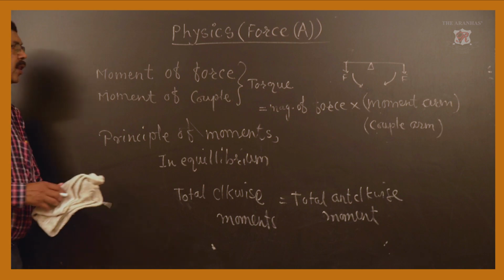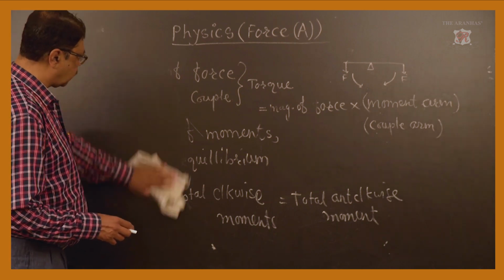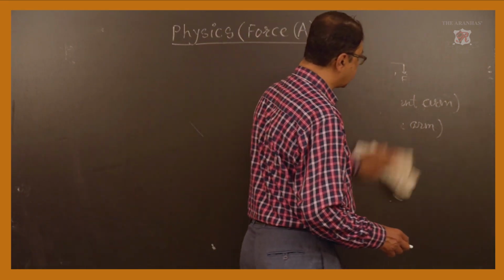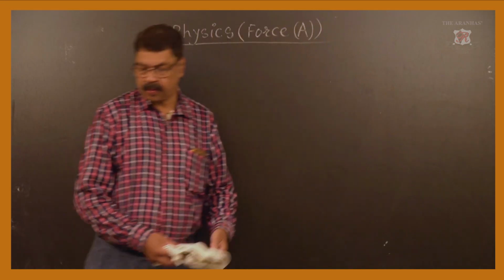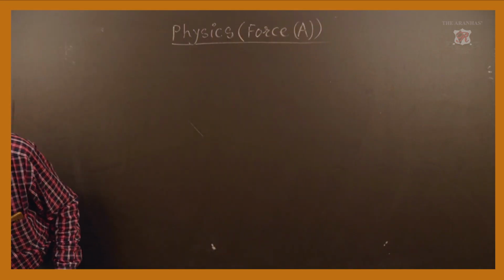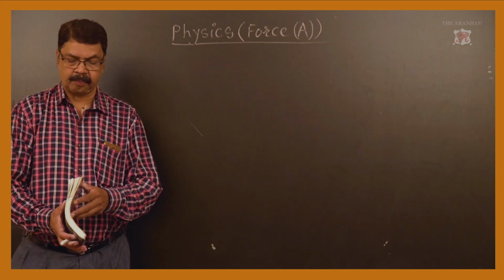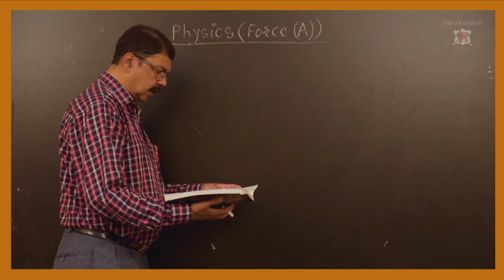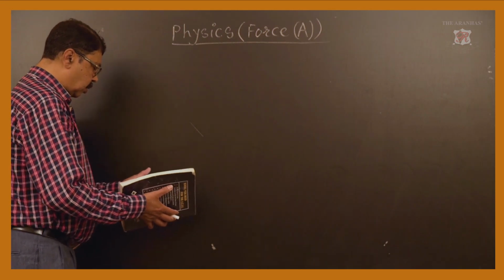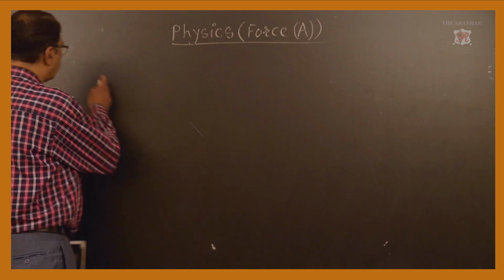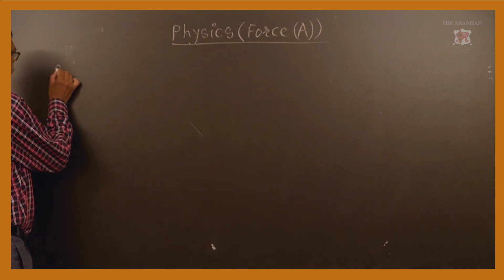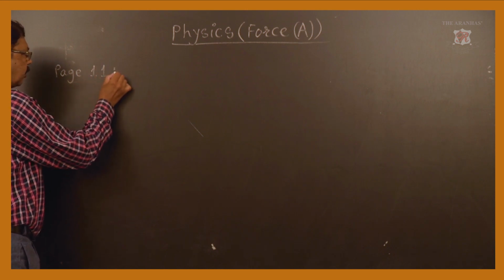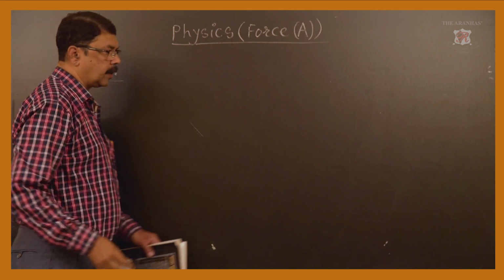So I am going to begin with the easiest ones from the textbook. Few of the numericals you will have to solve by yourself, which will be given as homework. I will solve one of each type. So I am referring to the textbook for that. Page number 11, there are numericals given for section A. This page number 11, you have to refer to your textbook to understand the numerical.